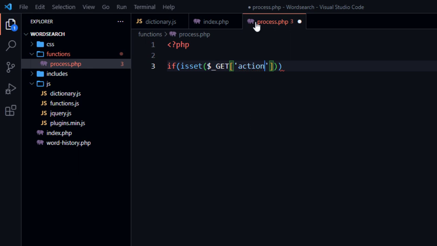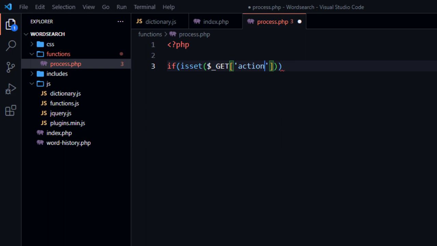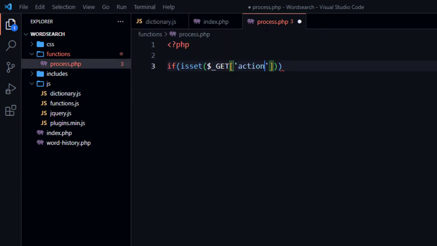right? So most of you that are following me, please don't get confused. What I'm just trying to say is that if there's an action, this action, right? Remember we said the action equals search. So what I'm saying is, if this action has been set from the AJAX, that's why I said if it's set, there's a GET action, right? What should we do? So I'm just going to open my parenthesis and say, okay, if it's set a GET